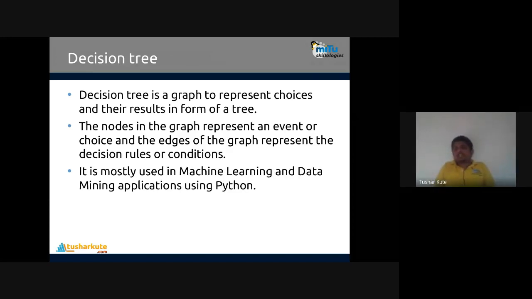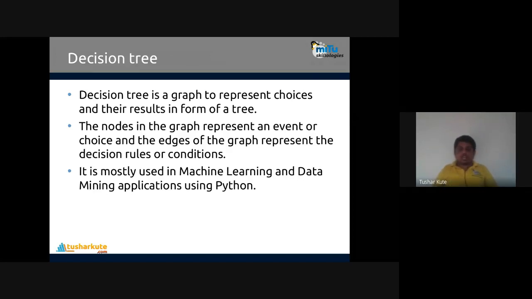A decision tree is a graph that represents choices and their results in the form of a tree. Like in data structures, you might have seen different trees, or maybe in design and analysis of algorithms you may have used different trees. Similar concepts are used in the decision tree algorithm also. The nodes in the graph represent an event or choice, and the edges in the graph represent decision rules or conditions.